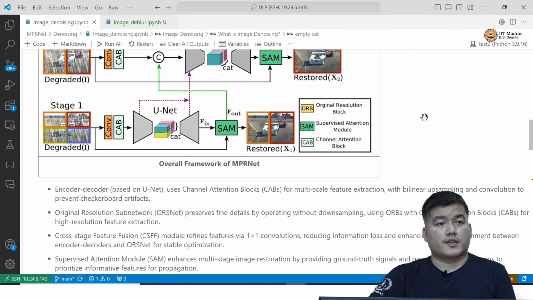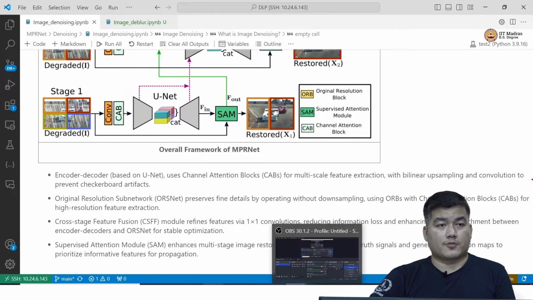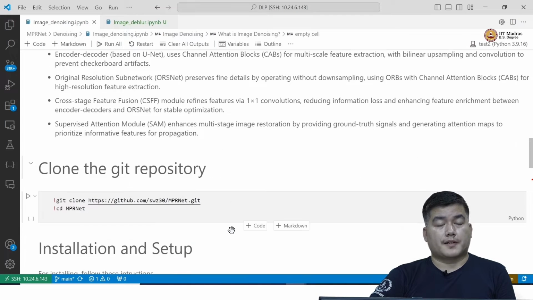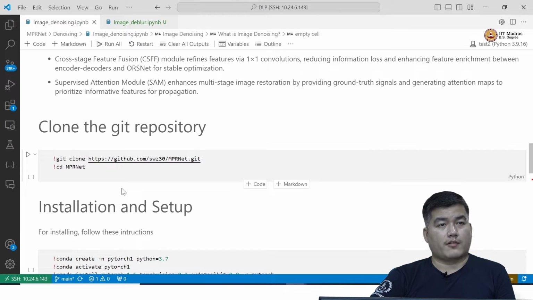It is an encoder decoder network based on UNet architecture, and it has multiple subnetworks and modules such as ORSNet, cross stage feature fusion module, and the supervised attention module. In order to implement this MPRNet architecture, we need to clone the GitHub repo. So, in order to clone the GitHub repo, we will run these particular codes, and once we have cloned the